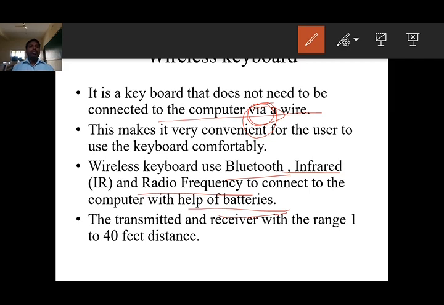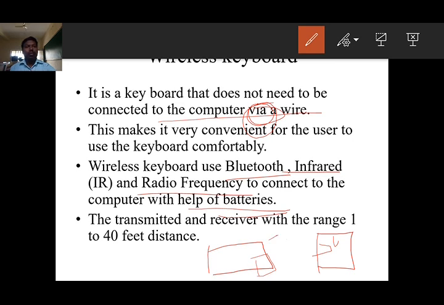Dear students, if you take a keyboard, at the backside of the keyboard there will be batteries. Assume that this is a CPU. In the CPU there will be a receiver, and this is the wireless keyboard. With the help of the battery you can connect through Bluetooth, infrared or radio frequency.